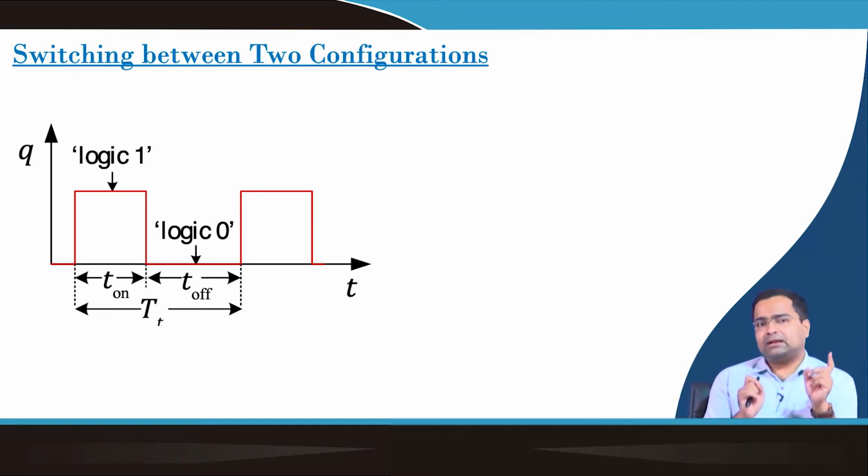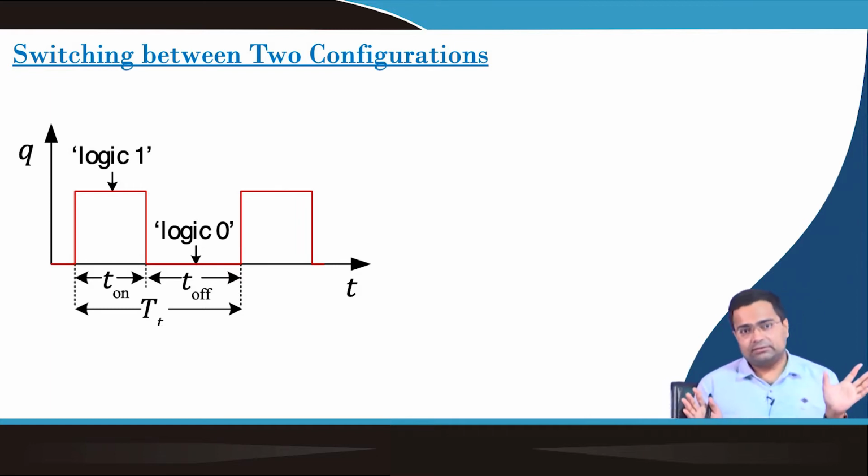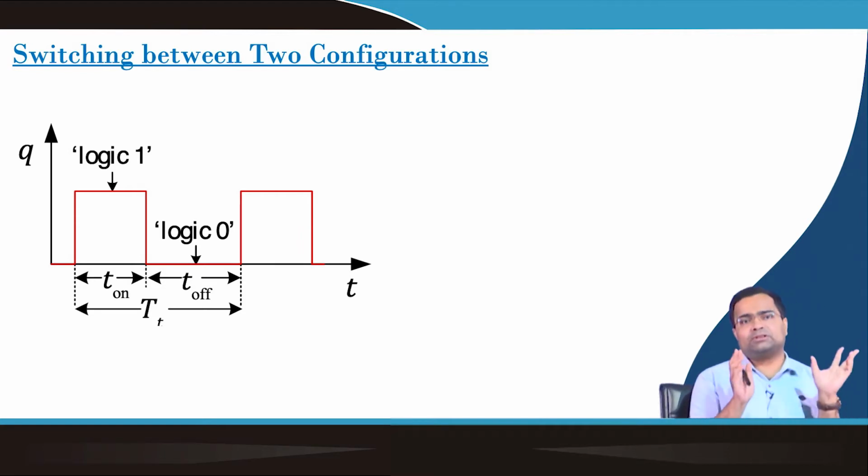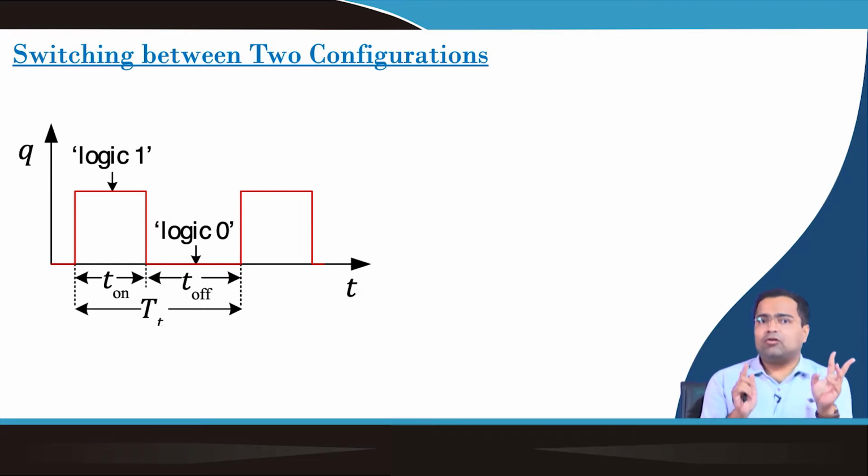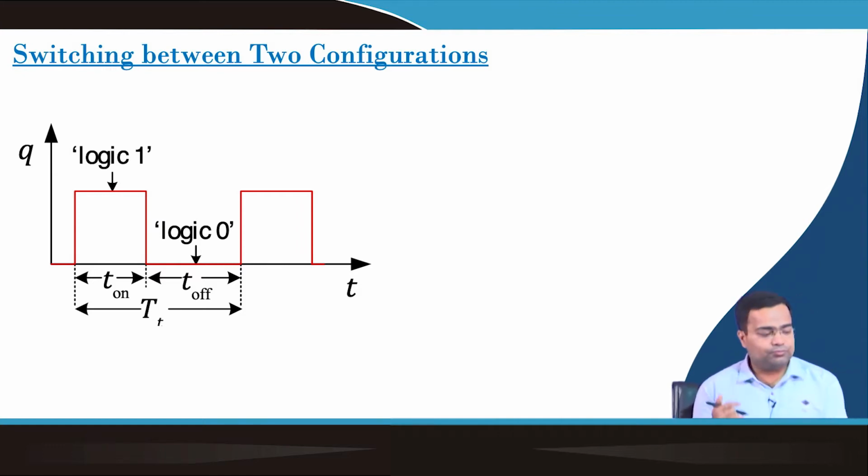The other possibility is that we can change on time by keeping off time constant. We can change off time by keeping on time constant. In those two cases, the total time period can vary. Perhaps the third possibility is that we can vary both on and off time. In that case also the total time period can vary. So, these are the possibilities by which we can switch the main switch S in order to achieve the output voltage at its desired value.